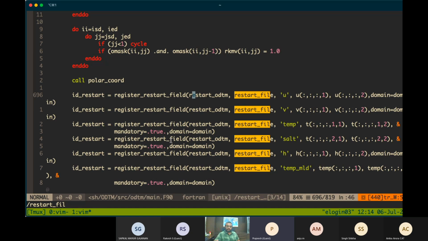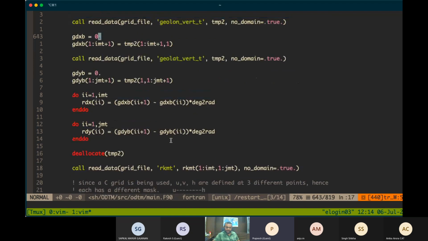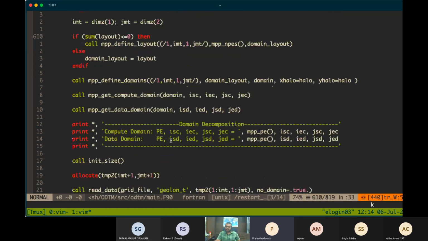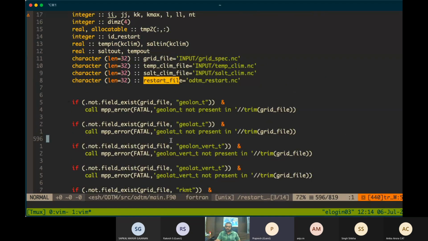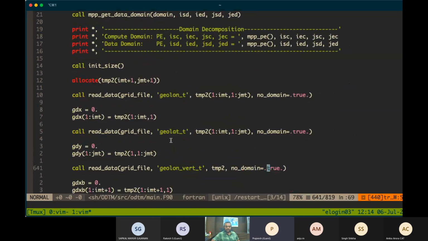This is restart ODTM, which is again a derived data type, and restart file is just a file name. And I think the restart file name here we have given as something ODTM restart.nc. Okay. It's just a file name,